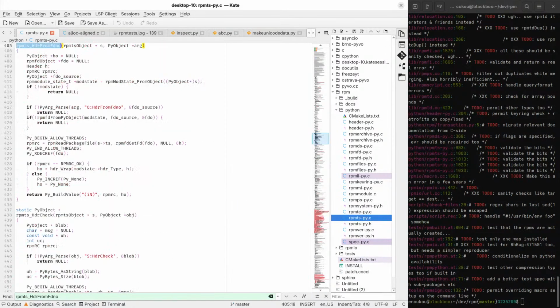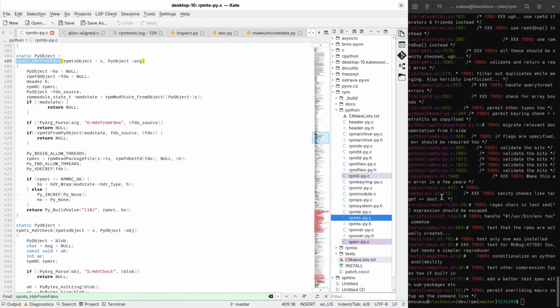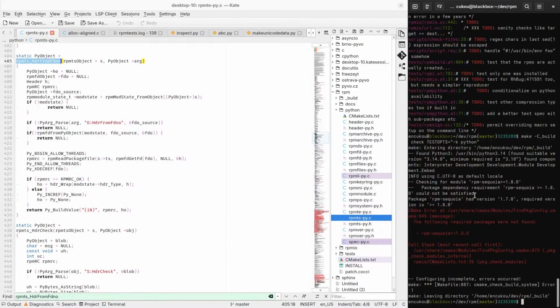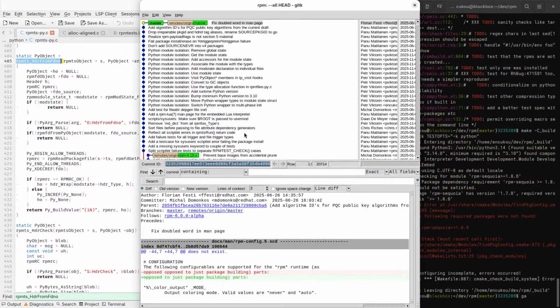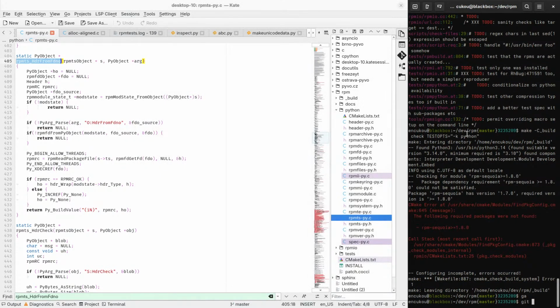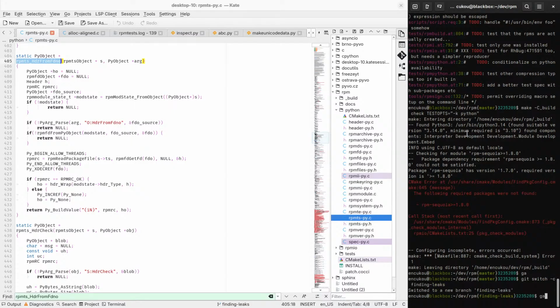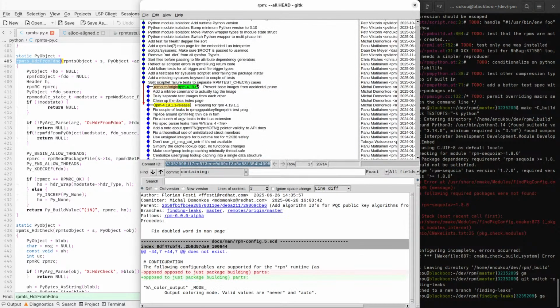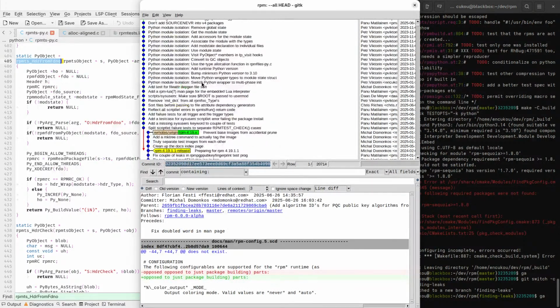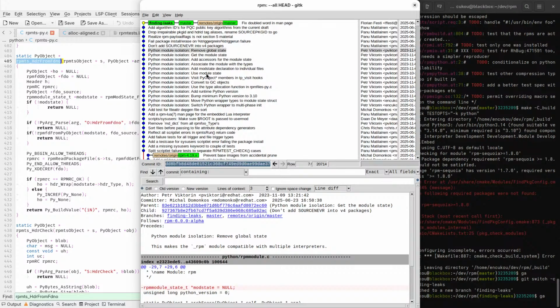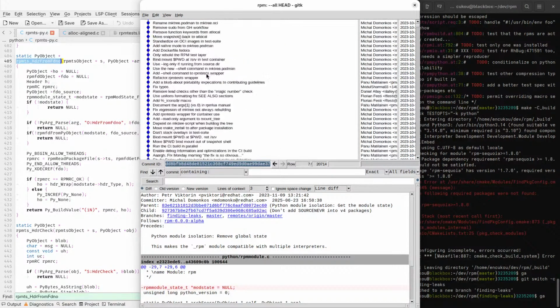Sequoia. Where are you? I don't know. This now. Looking for it.